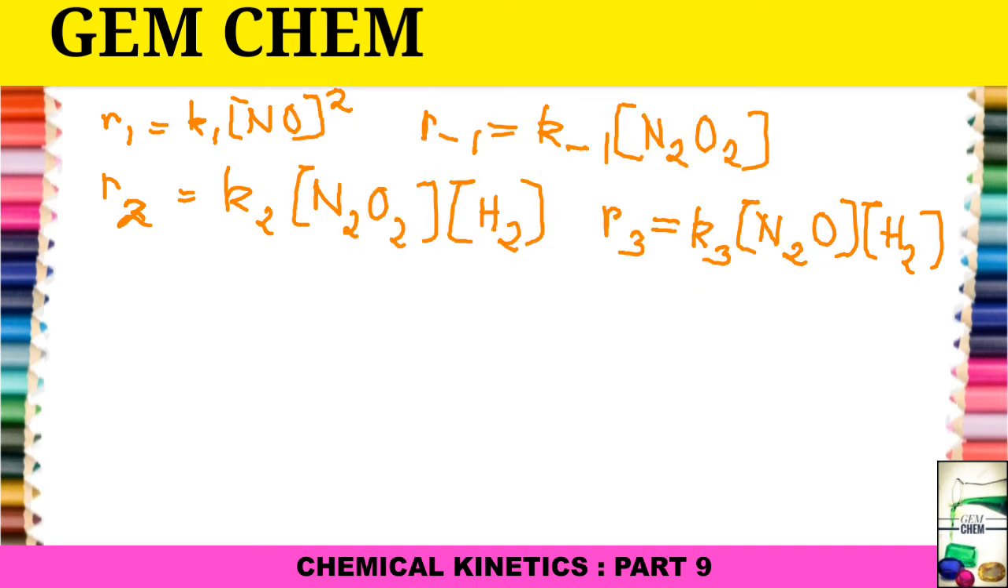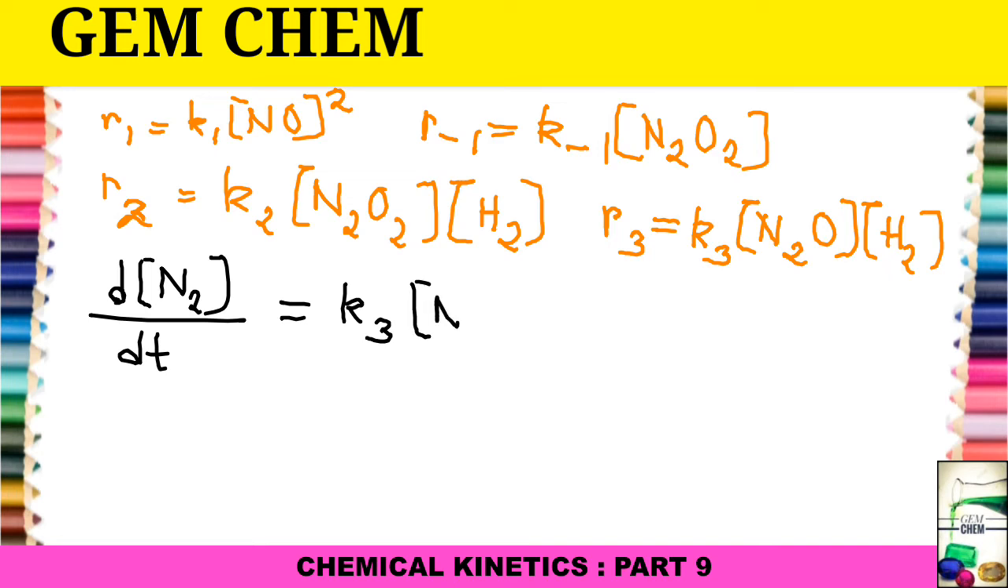Now we have to obtain the d N2 by dt. We have been asked to get the value of d N2 by dt. What is its value? K3 N2O concentration and hydrogen concentration, right? But we do not know the value of N2O. So first we have to apply the steady state approximation. So first we will find out for